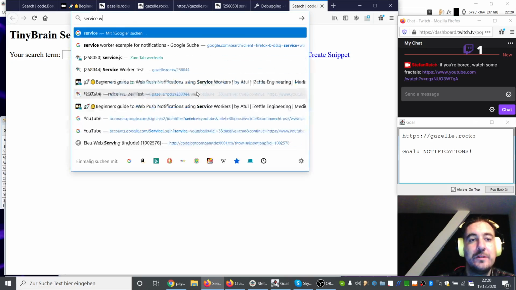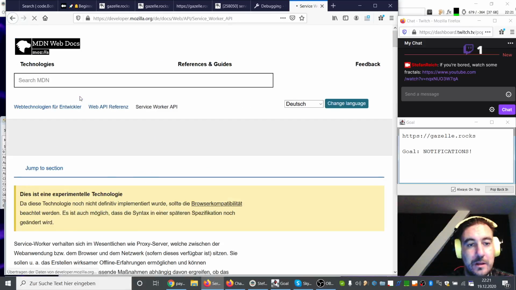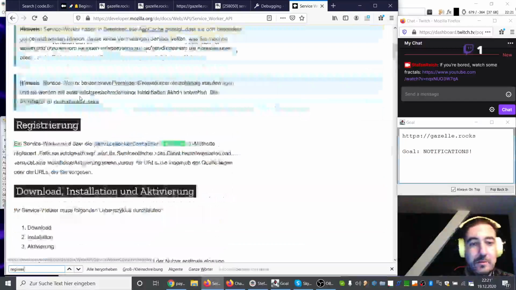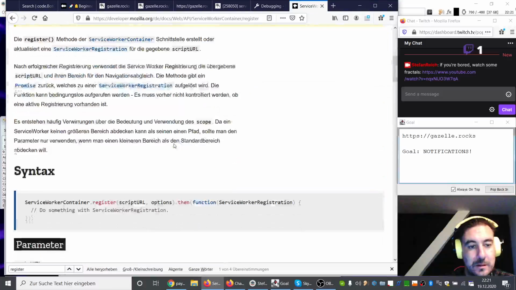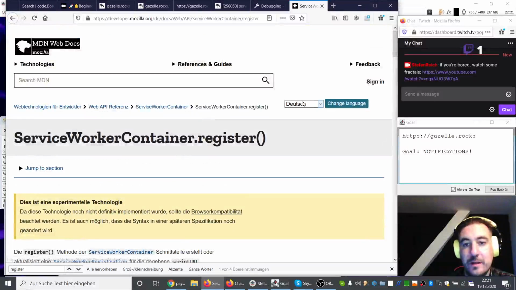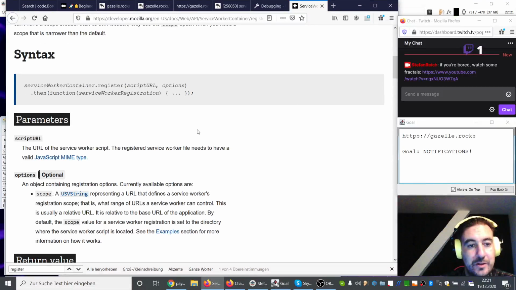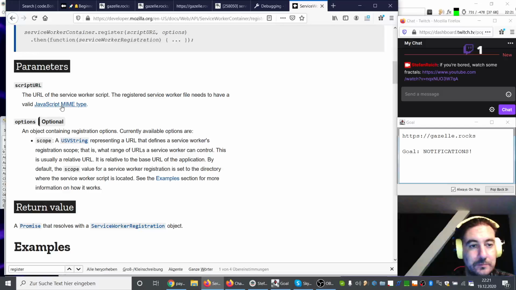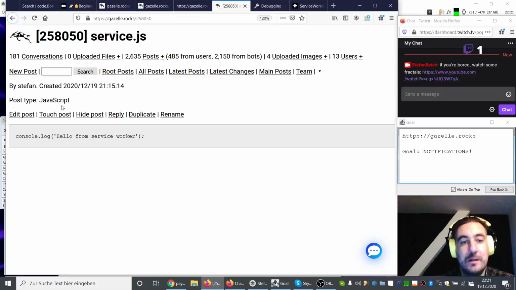Let's see, service worker API. Register. Oh, we are in German. Let's not do that. Script URL. Oh, it needs to have a valid MIME type. MIME types are kind of stupid, but